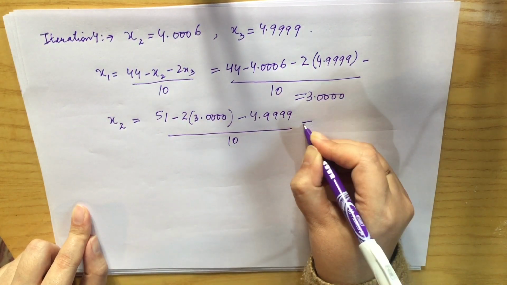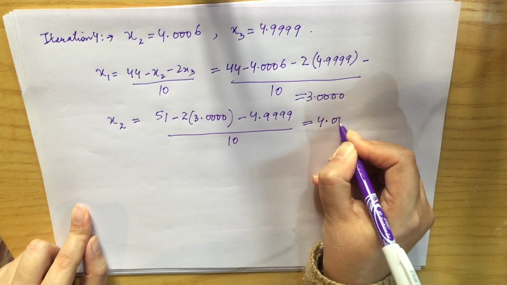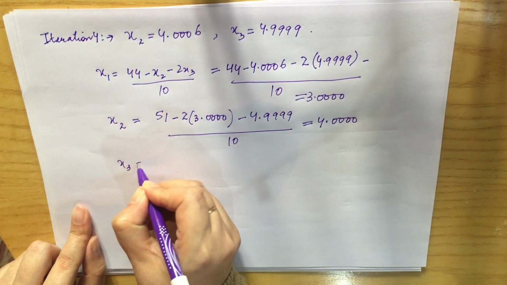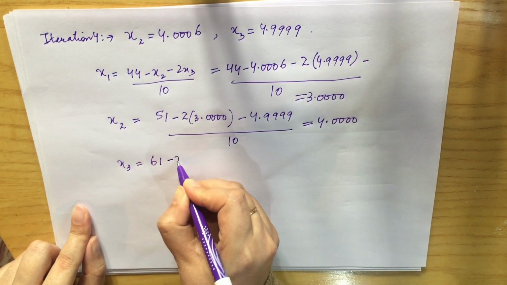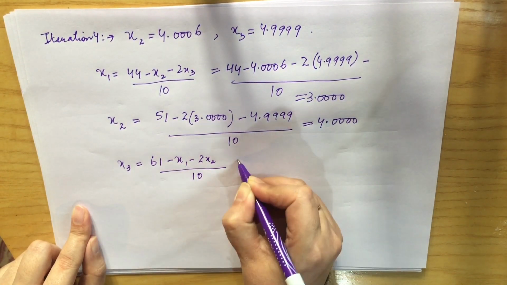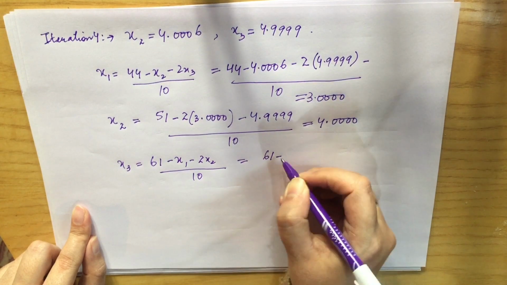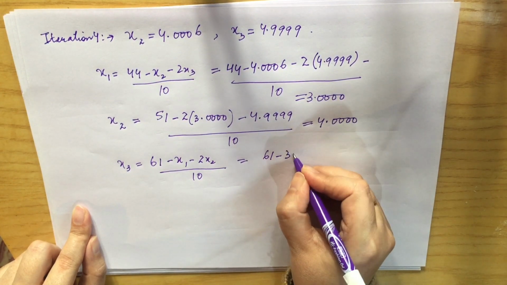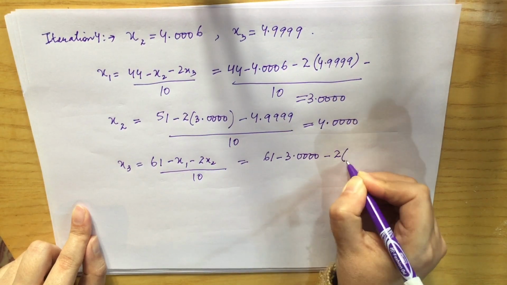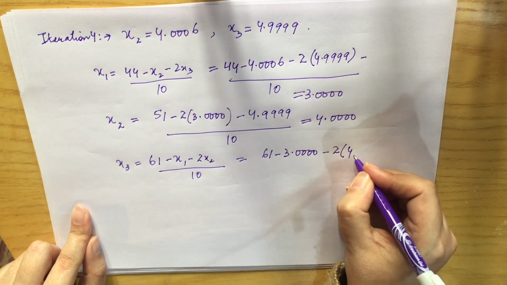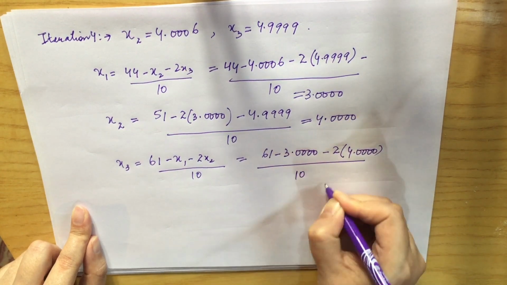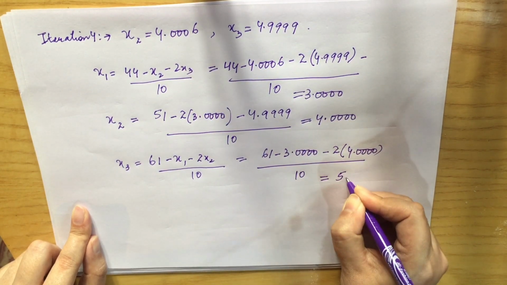If you calculate it, it will come as 4.0000. Now the value of x3 will be equal to (61 minus x1 minus 2x2) divided by 10. So we put the new value of x1, 3.0000, minus 2 multiplied by the new value of x2, 4.0000, whole divided by 10. If you calculate it, it will come as